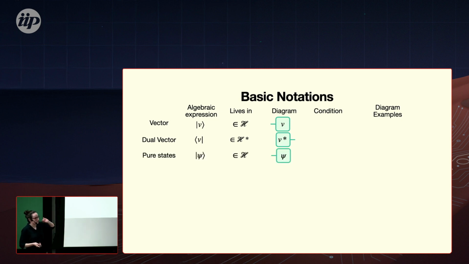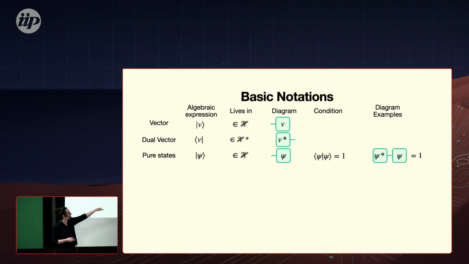Then one special case of these ket vectors is a pure state, also a ket living in a Hilbert space, and it has a condition, namely that the inner product with itself has to be 1, meaning that we can interpret the entries as probabilities or as amplitudes. And in my beloved diagram language, we would take these two vectors and then contract the leg in the middle, meaning that we sum over that index, and this has to be 1. This is now a number. There's no leg sticking out, so that's not a vector or anything, it's just a number.